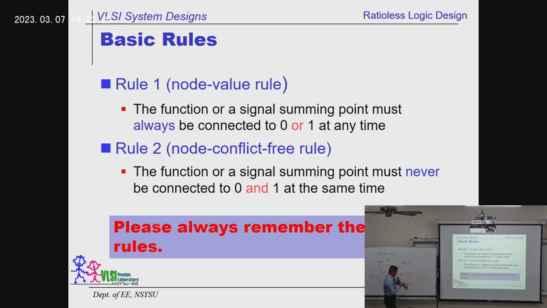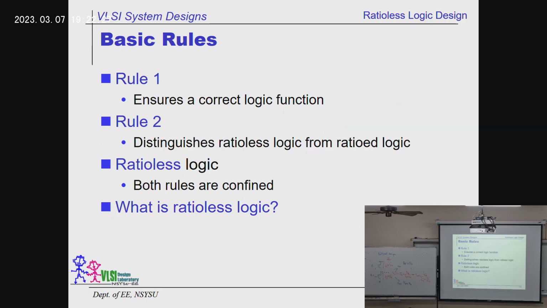All right. So I wasted too much time on these two rules because I think this is quite important. So let's elaborate those rules. These are the basic rules. Ensure the correct logic function. Make sure the function is correct. Rule number 2: you got to distinguish ratio-less design or ratio design. You see my point? That's why I have to spend some time to explain what is ratio design, what is